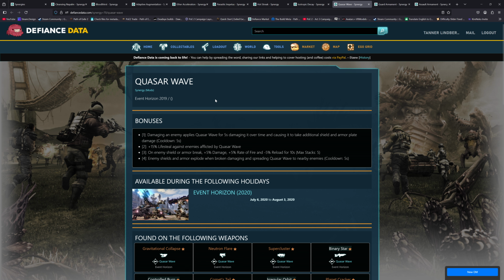Quasar Wave is a synergy. This is probably the best synergy, no, the worst synergy that can still make this list. So this dot is not good, but the electric and bio effect is nice. Think CN, but for not health, shields, which is just worse, significantly so, because shields are just not important at all. They hardly ever show up, and when they do show up, they're usually not...